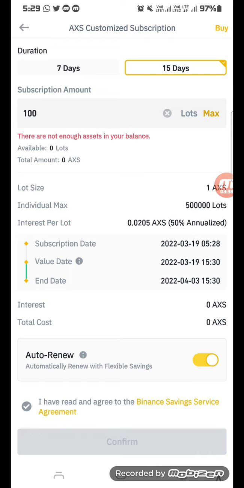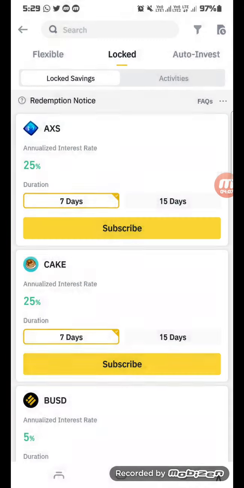That will come. Read the terms, and if you have enough balance, click on confirm. That's it. You will be redirected to your savings account, and you will be subscribing to that.